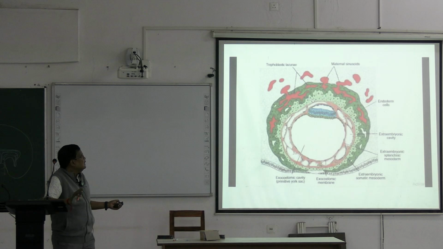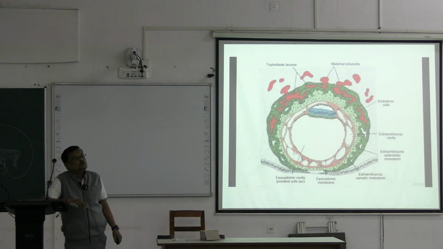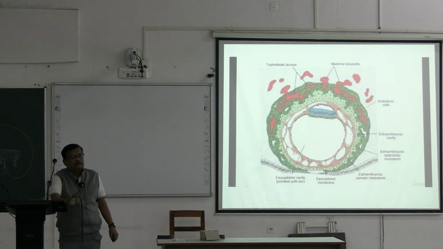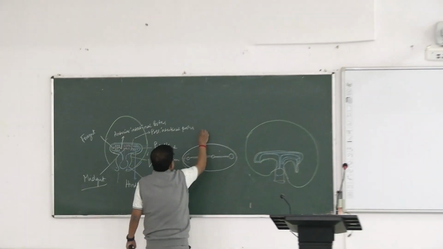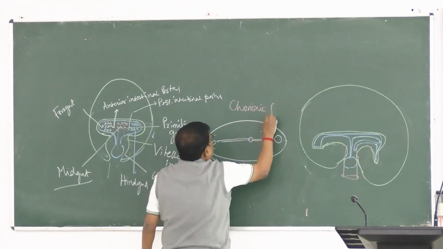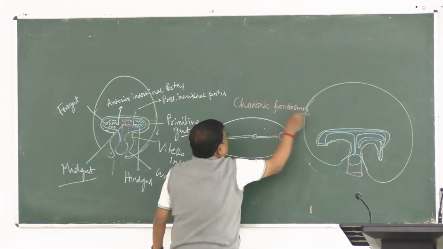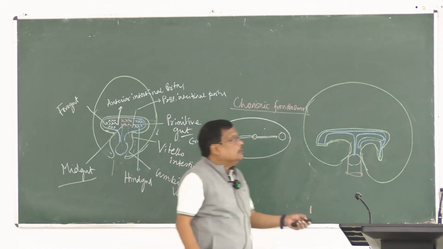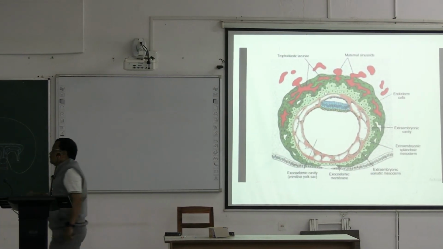So this embryonic pole, which ultimately will grow faster, we call it chorionic frondosum. Chorionic frondosum. এবং অ্যাবএমব্রিয়নিক বলে যেখানে কোরিয়ন ভালো ডেভেলপ করেনি, তাকে বলবো কোরিয়নিক লিভি। কোরিয়নিক লিভি।